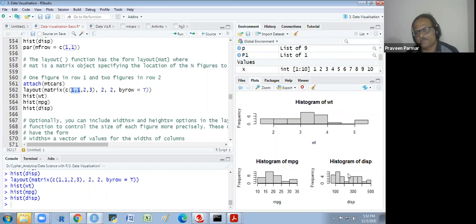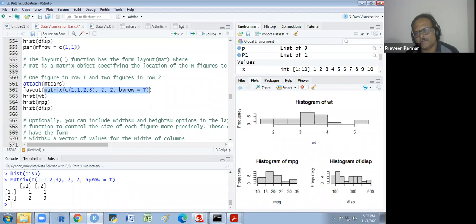Got it? Basically it is a 2 by 2. If I show you just the matrix, you see 1 1 2 3. Got it?